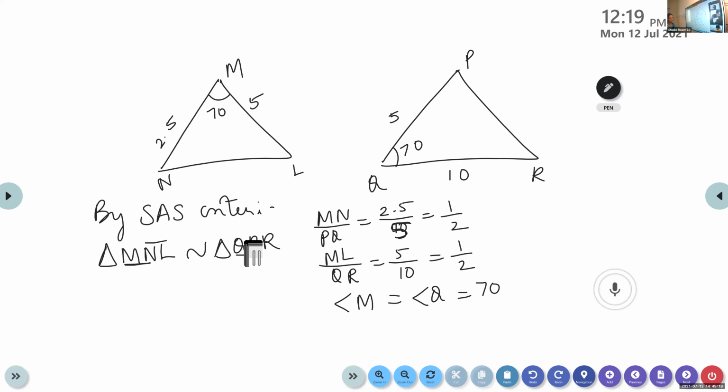Sometimes we will not get the answer in the first step. After writing, you recheck. Is it correct? MN is same as QP. MN is 2.5. QP is 5. Take the next two letters, NL and PR. NL is not known, PR also not known. Now take the first and last, ML and QR. Is it clear? Pratyush, are you getting this order?